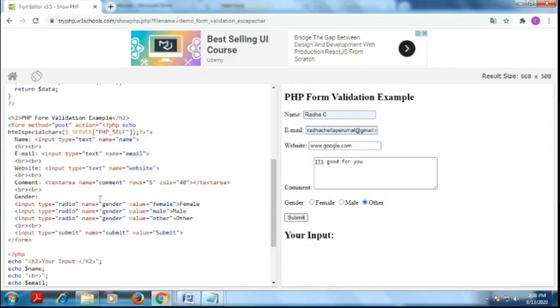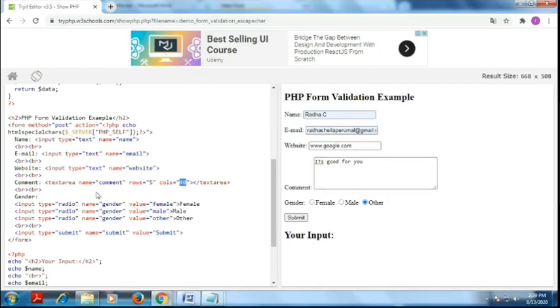You see this script here. I have to design the name. You see the name input type equals text. The name of this text box is name. Next, email. The type is text box, and the name of the email box is email. Then one more text box is there, its type is text, and this text box name is website. Then I have to put the comment label. It contains more than one line of text values, so I have to use a text area. The name is comment, so I put rows equal to 5 and columns equal to 40. You can type a number of characters here.